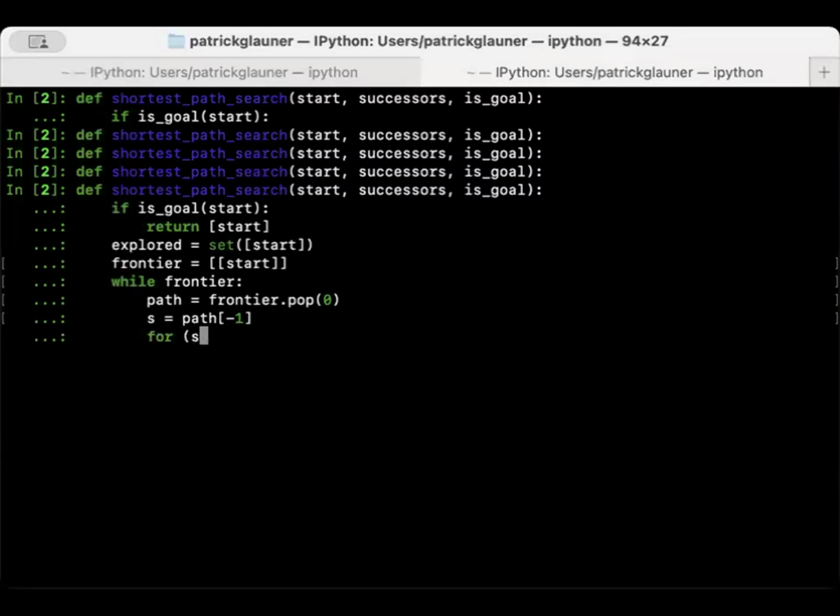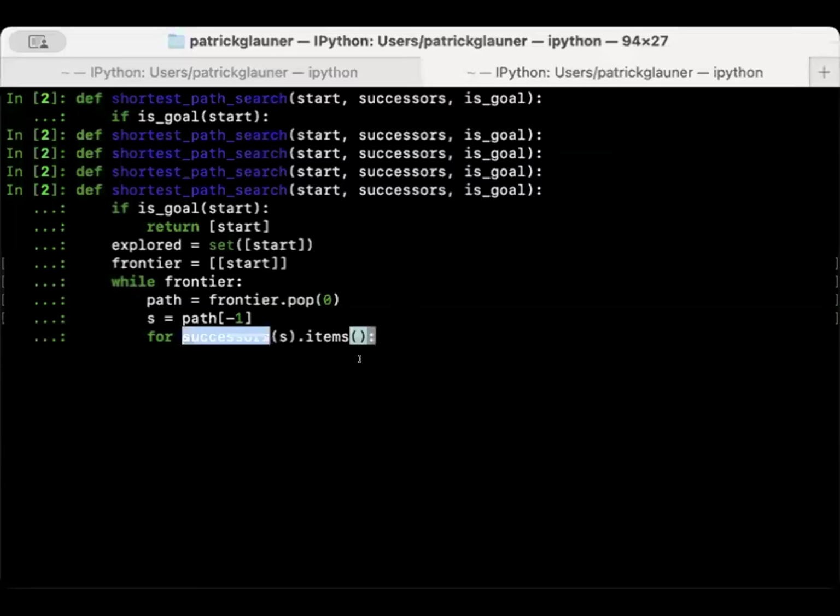We need the successors function, because now we care about what's the successor function of that state S that I'm exploring. So I somehow need to call the successors function on S, and it will return me something. This here doesn't work yet from the syntax. Our successors function is represented